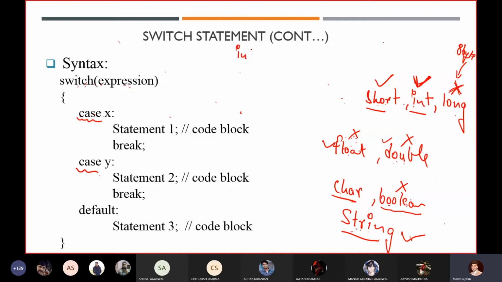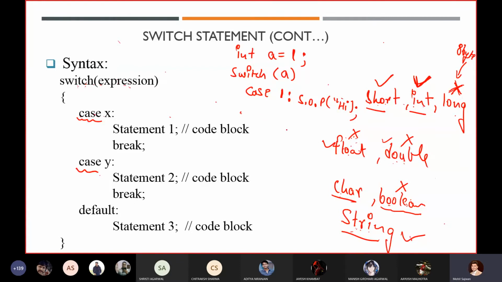If I write int a is equal to 1, and then write switch, passing this expression a over here, and here I write case 1, and I just write System.out.println with some message, hi, for example. If I execute this program, I will get an error.